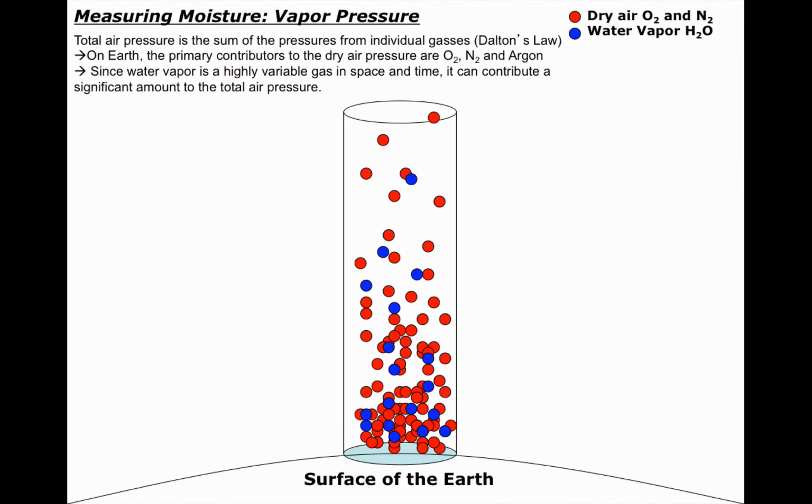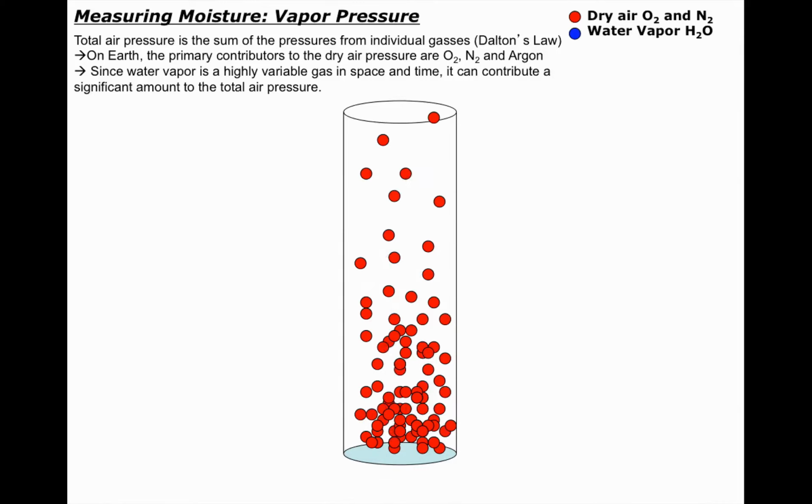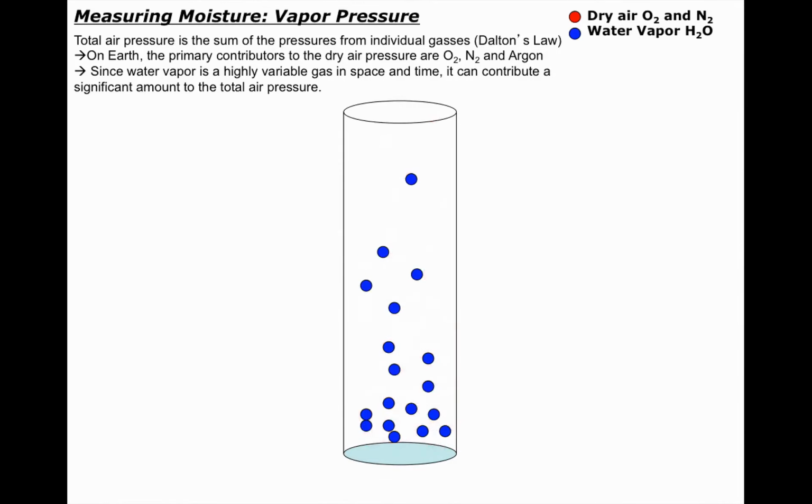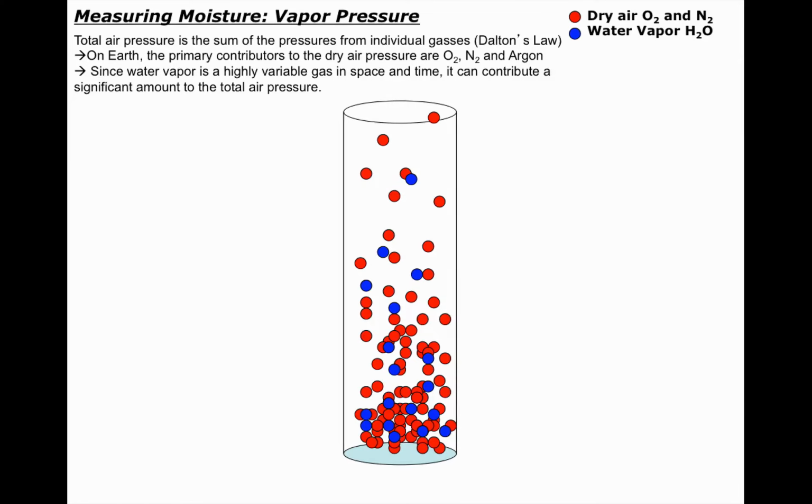Well, here comes the science behind all of this. When we look at the amount of moisture that's in the atmosphere, we have to remember that it's mixed up with dry air. So I have this cylinder here that you're looking at on the slide, and all those red dots there represent the dry air, the oxygen and nitrogen. And inside of that, we have some water vapor that's mixed in as well. What we need to be able to do in atmospheric sciences is separate the dry air and its mass from the water vapor and its mass. Because ultimately, I want to know exactly how much water vapor is in the atmosphere at any given time.